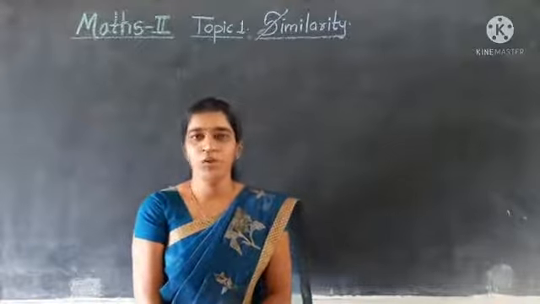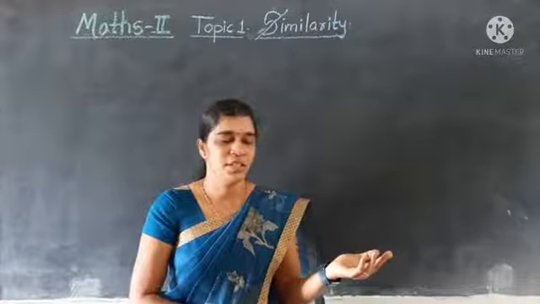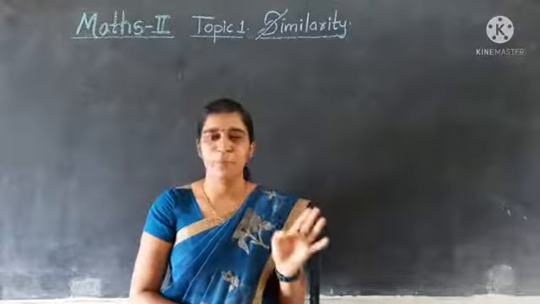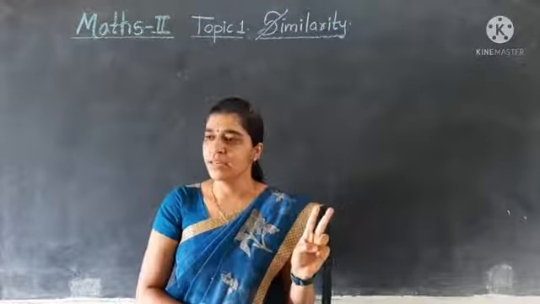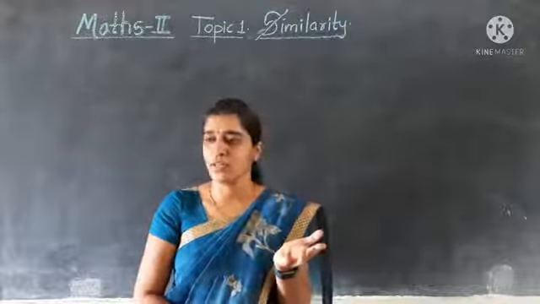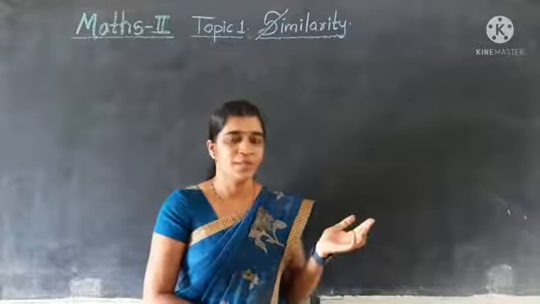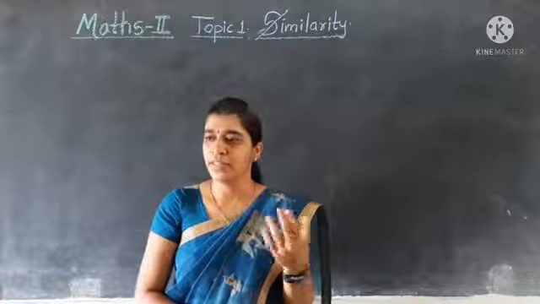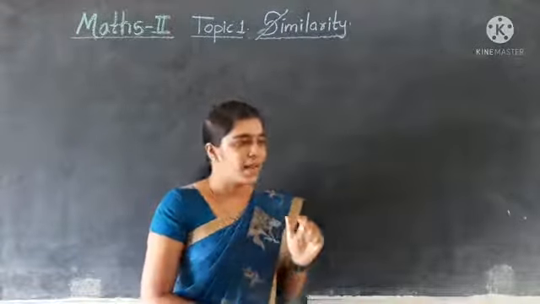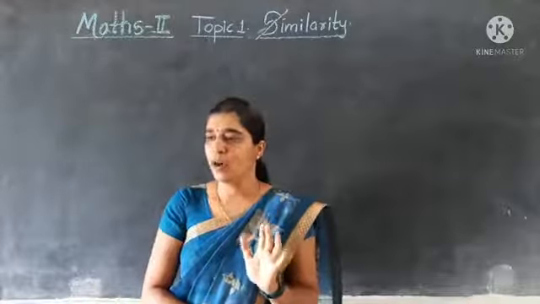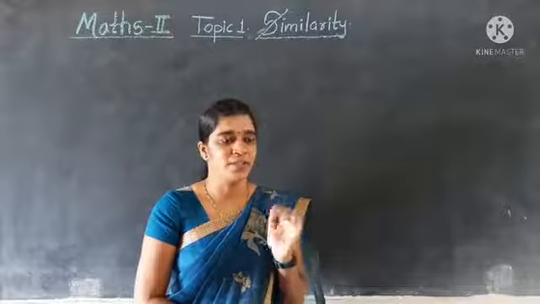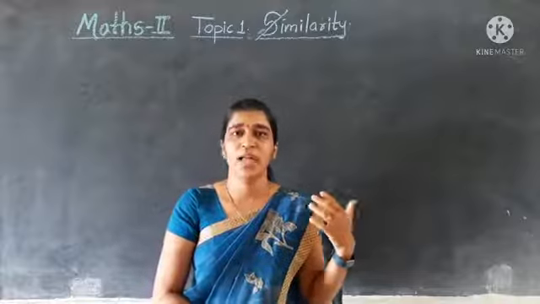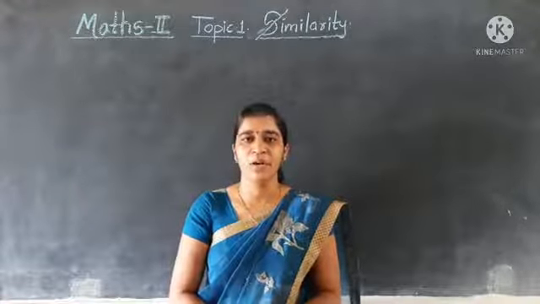In the last video, we had seen some theorems. What are these theorems? First, the basic proportionality theorem. Second, its converse, the converse of the BPT theorem. Third, the property of the angle bisector, that is, the theorem based on that property. And lastly, the property of three parallel lines and transversal. First, we recall all these points, and then we start examples based on them.